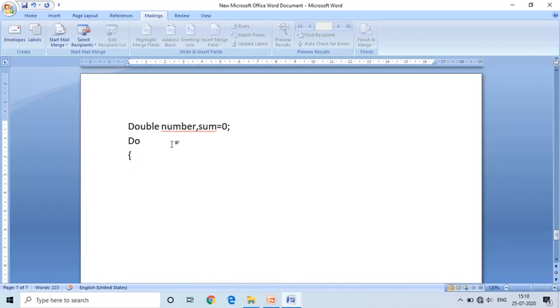One is the printf, in which we wrote enter a number.